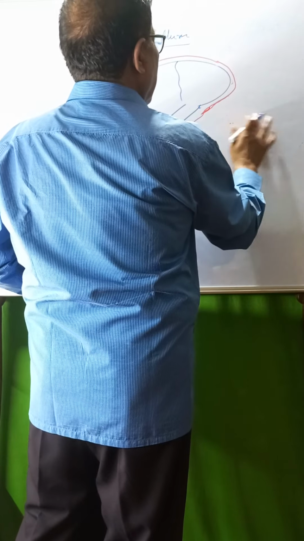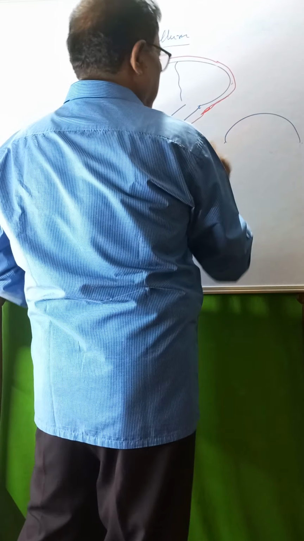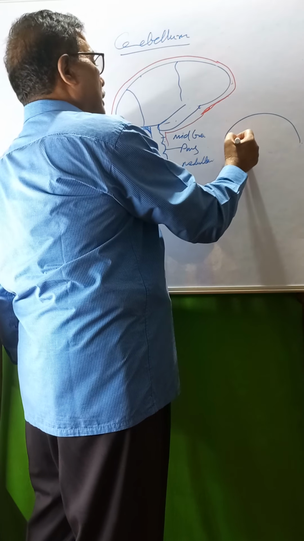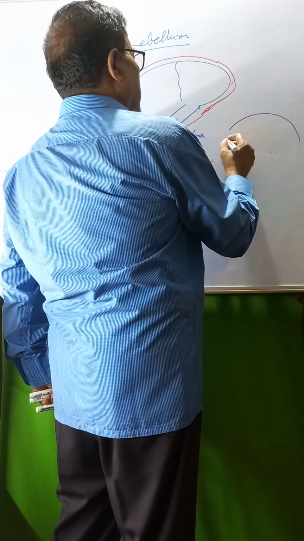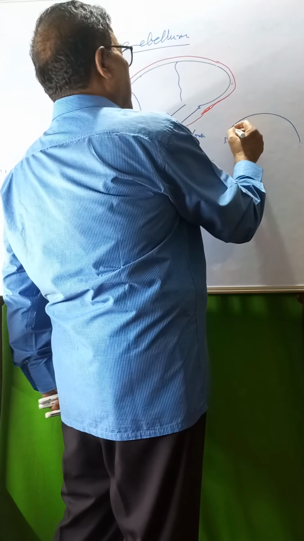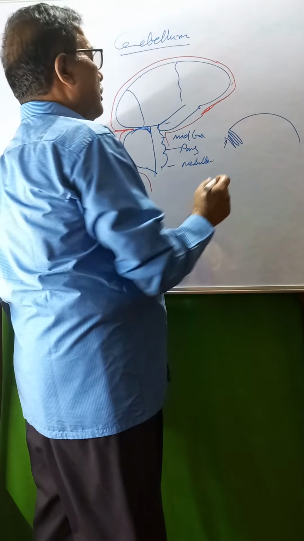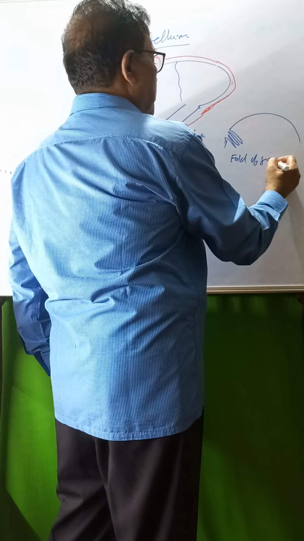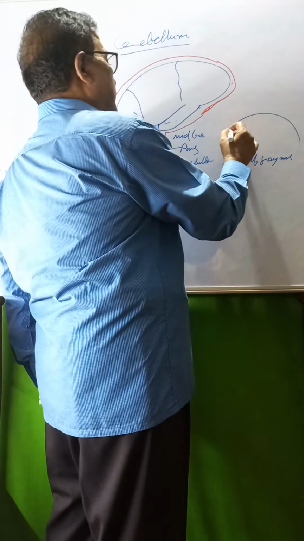In cerebellum, grey matter is on outer side. Grey matter, that is collection of neurons, is present on the outer layer, on the outer surface. The characteristic feature of this cerebellum, there are folia. Folia means folds of grey matter, going deep into the cortex of